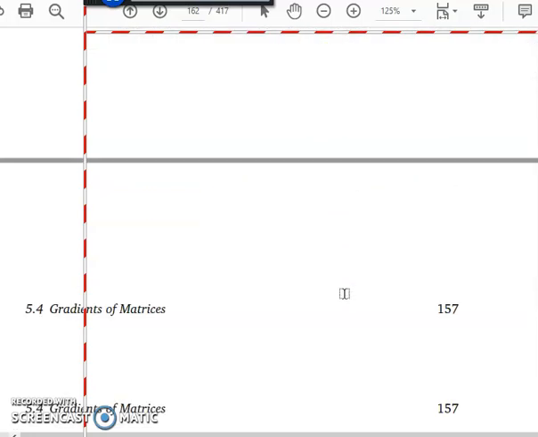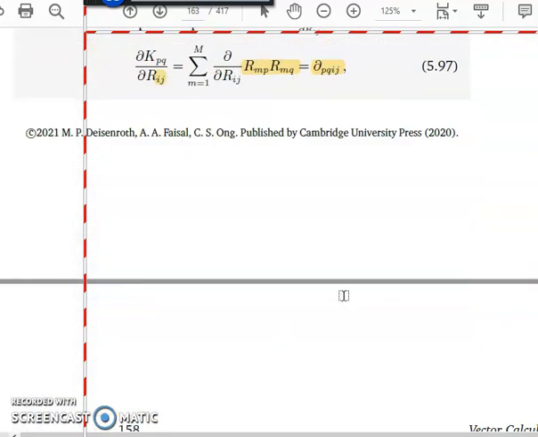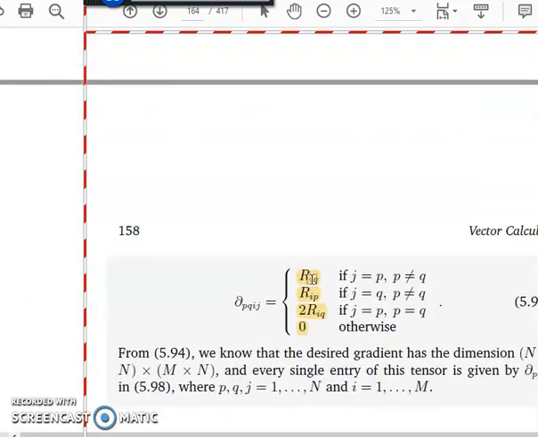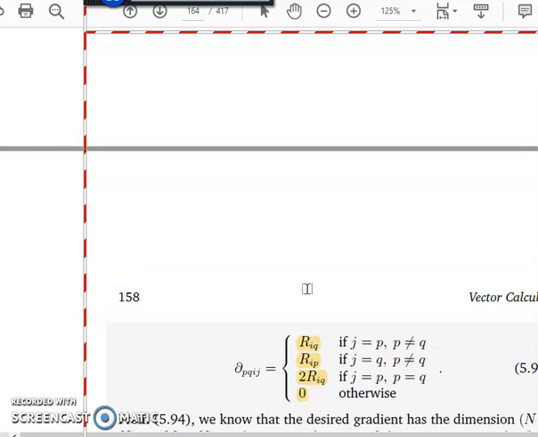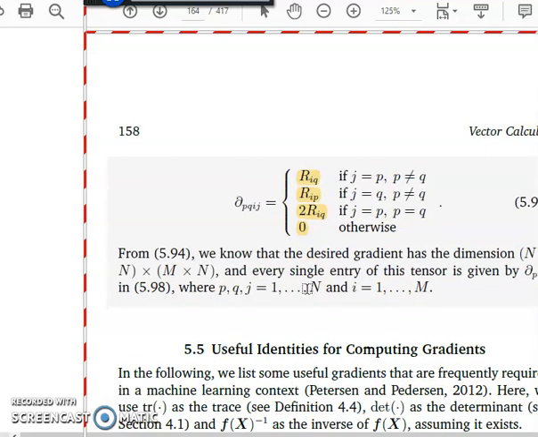Okay, x value you will be taking. Similarly, here we will be taking the value of the R element that is coming in the R matrix in order to fill the elements inside the tensor. That is, in order to get the gradient of that matrix, you have to do this process.